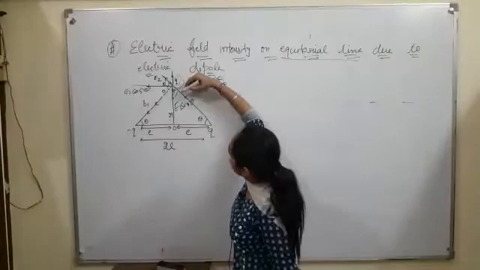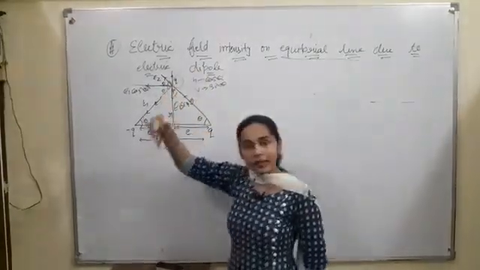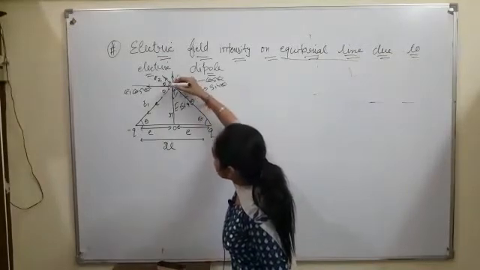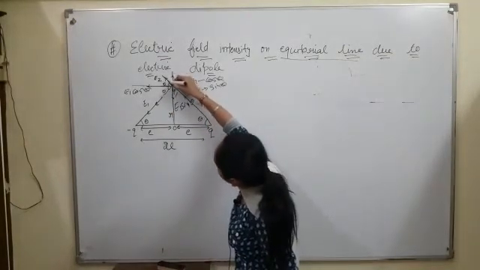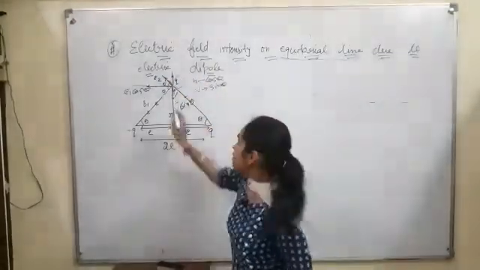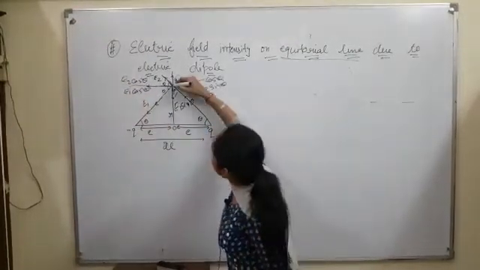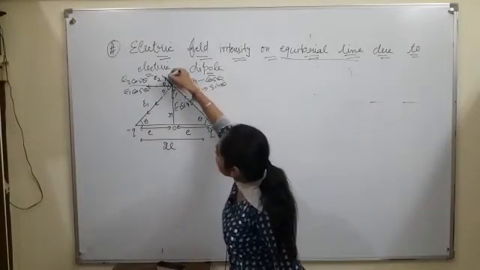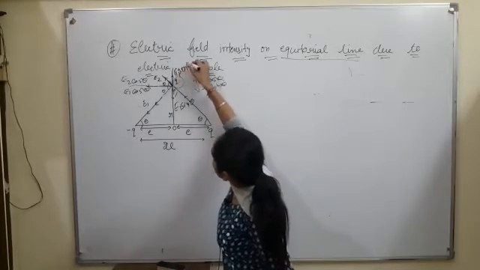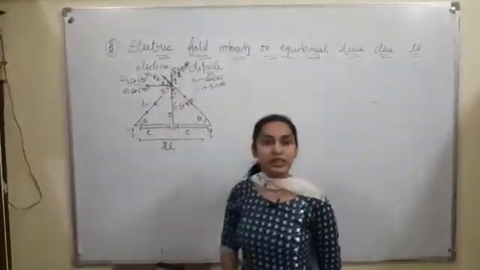Now come to E2. My second electric field is lying along this direction, E2. Again we have to resolve it into two components. Its horizontal component will also lie in the same direction as for E1, so E2 cos theta is the horizontal component. As this electric field is lying along this way, its vertical component on the above side I can write as E2 sin theta, because we are talking about E2.